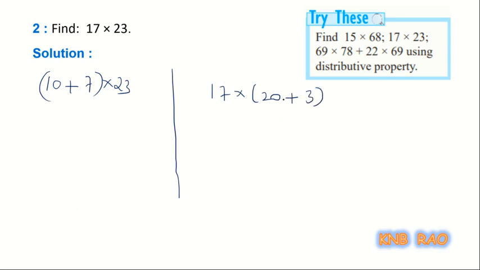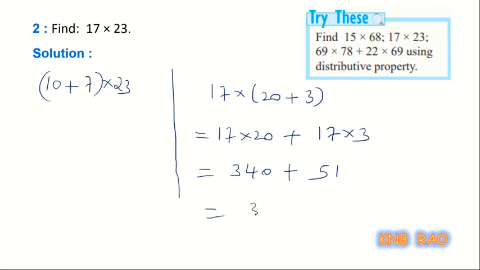Here if I do it like this, 17 into 20 plus 17 into 3, by applying the distributive property. 17 twenties is 340, plus 17 threes: 7 threes are 21, 2 carry, 3 ones are 3 plus 2, 5. So here we get 391. Even if you multiply this way, 10 into 23 plus 7 into 23,